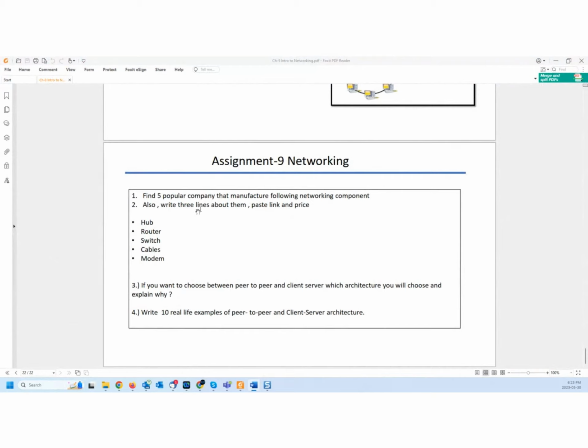Also write 3 lines about them, paste the link and the price. So this is your work to do. I have explained what each of them does, what the purpose of cabling is. So go through each slide, and when you are done with the lecture today, I will ask you to do that, and please send it over to me,